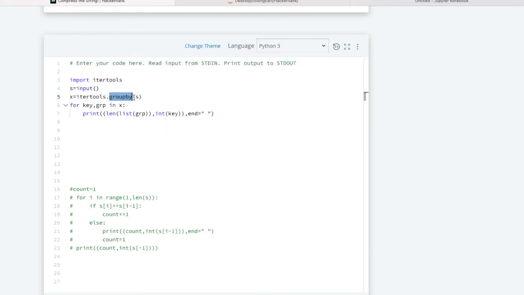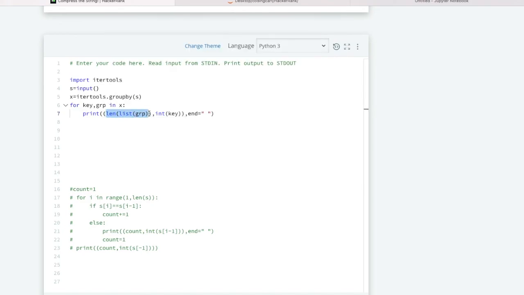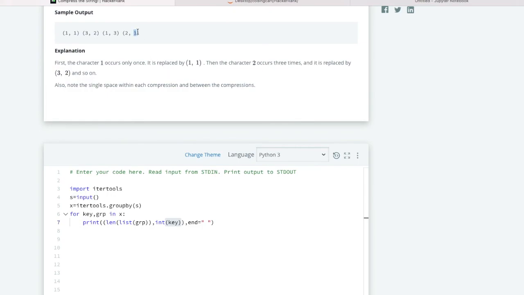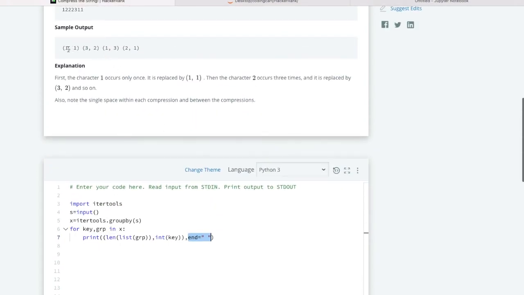So here we have solved this problem with the help of the groupby function from itertools, and this returns an object which consists of a key and groupby iterables. So we are iterating one by one, and here we are getting the key and the group. Again this group is an iterable type, so we are converting it into a list, and we are taking the length, which will work as our count value, and this key as our required character. They are expecting this value in int format, so we are converting into int. And we have used one separator just to get the output result in the same format.